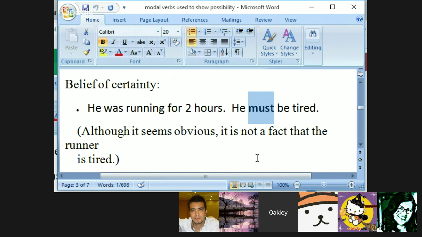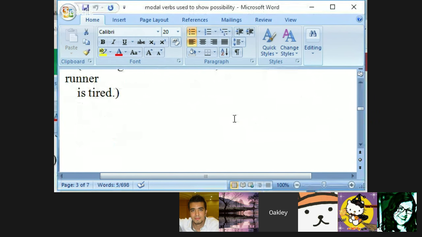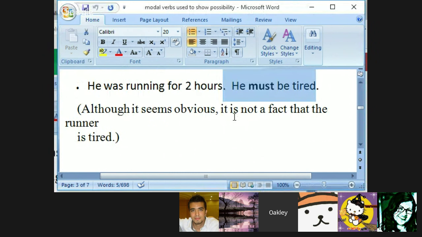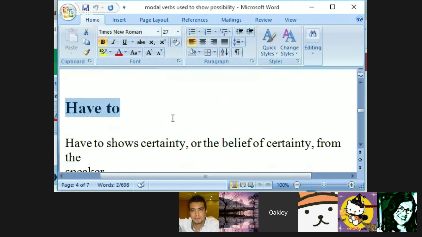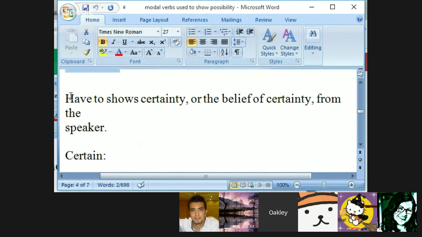Should does not mean 100%. He should be tired. That has a different probability. When you say should, there's an area of doubt. You're not 100%. Do you know another way to say 100% that you believe he's tired? He certainly is tired. He is certainly tired. Well, okay. I don't understand that question. Sorry. It's okay. How about he has to be tired? Oh. Okay. All right.